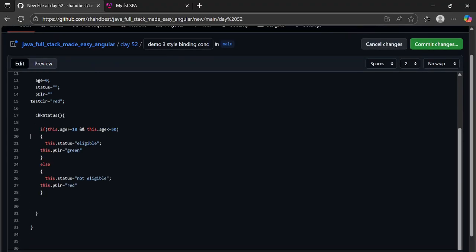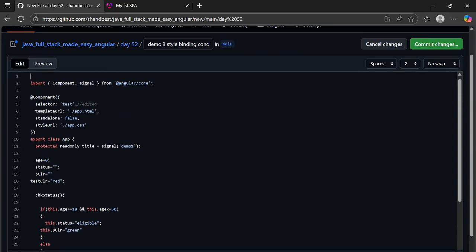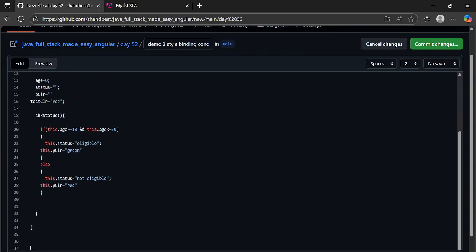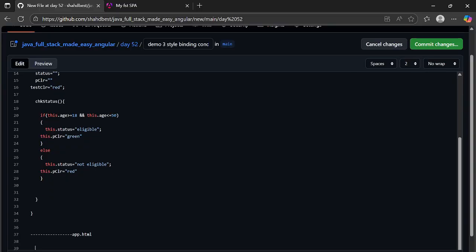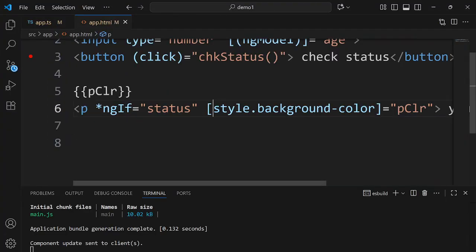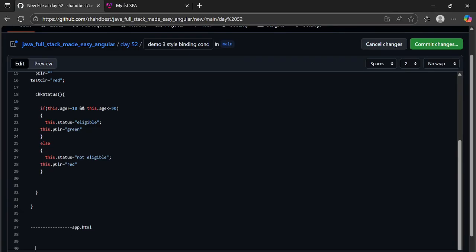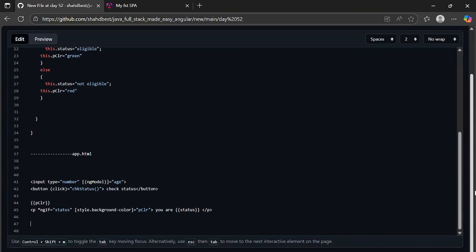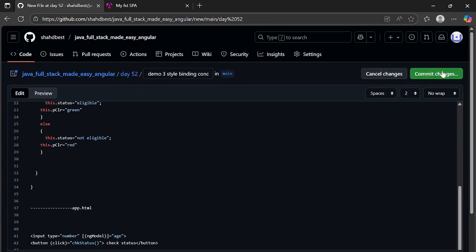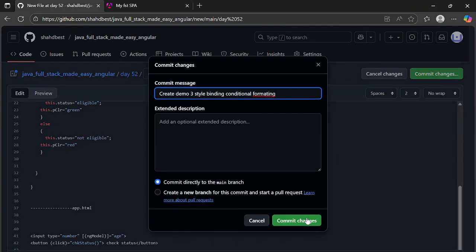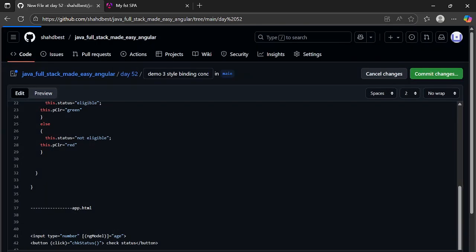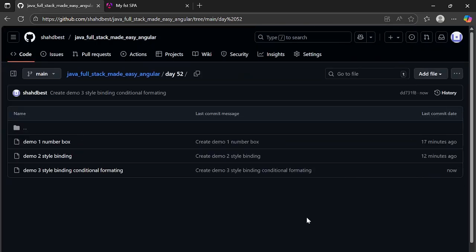So this is my app.typescript, and the below one should be app.html. All right. Fine. So now that we have performed the concept of style binding, let's now make use of something called